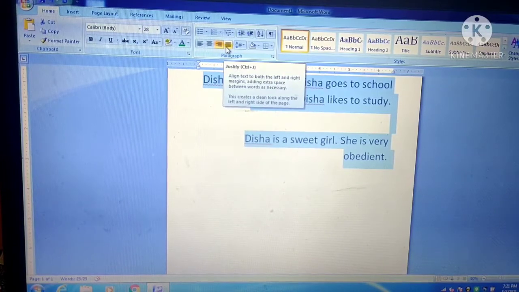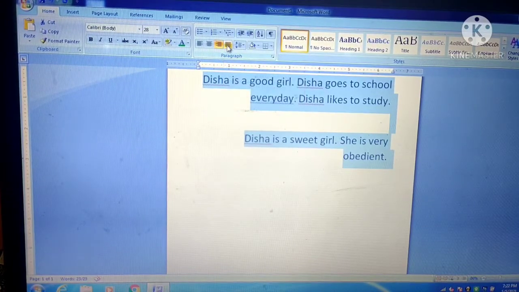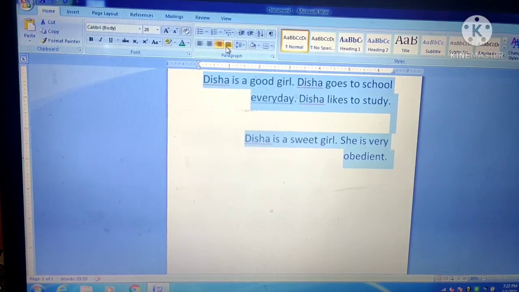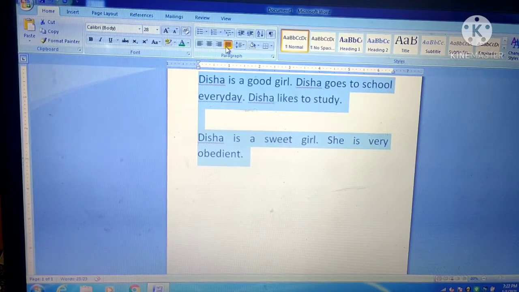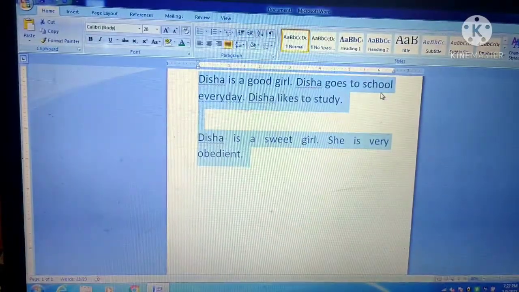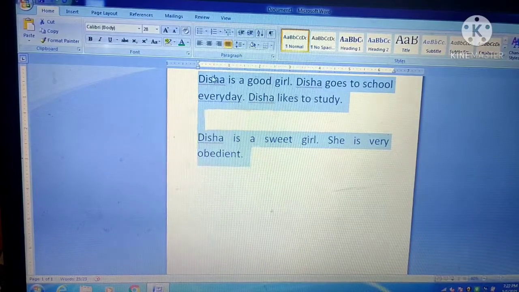You can see in the icons also, both the sides are evenly distributed, the left margin and the right margin. So when we choose this one, on this side right margin and this side left margin, all the sentences are evenly distributed.